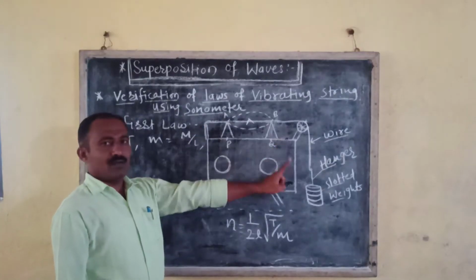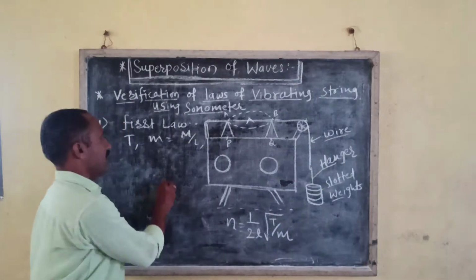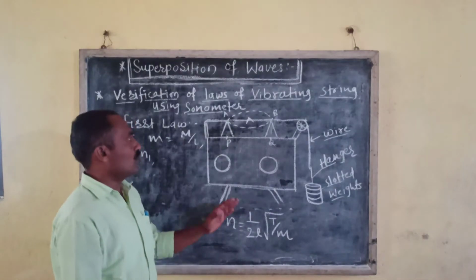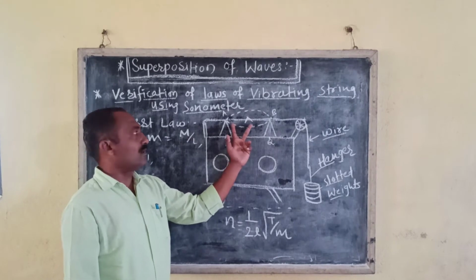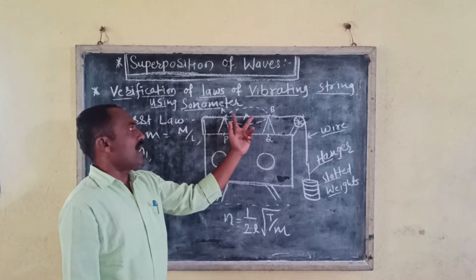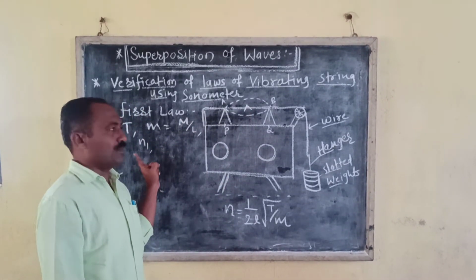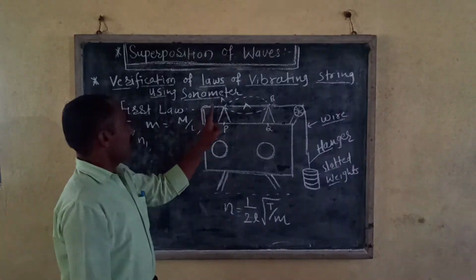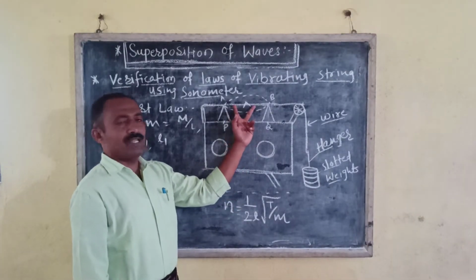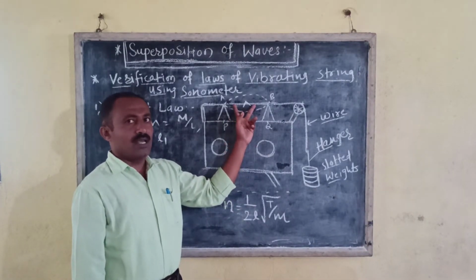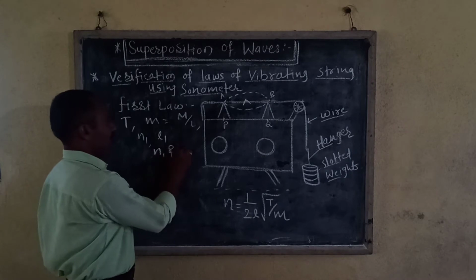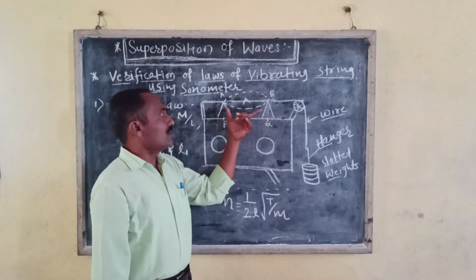Initially we take a tuning fork of known frequency N1, for which we have to find the vibrating length of the wire which is in unison with it, having the same frequency as that of the tuning fork. That means we know N1 and that length is L1. L1 is measured between these two bridges by using the method of resonance, and we find the product of N1 and L1.